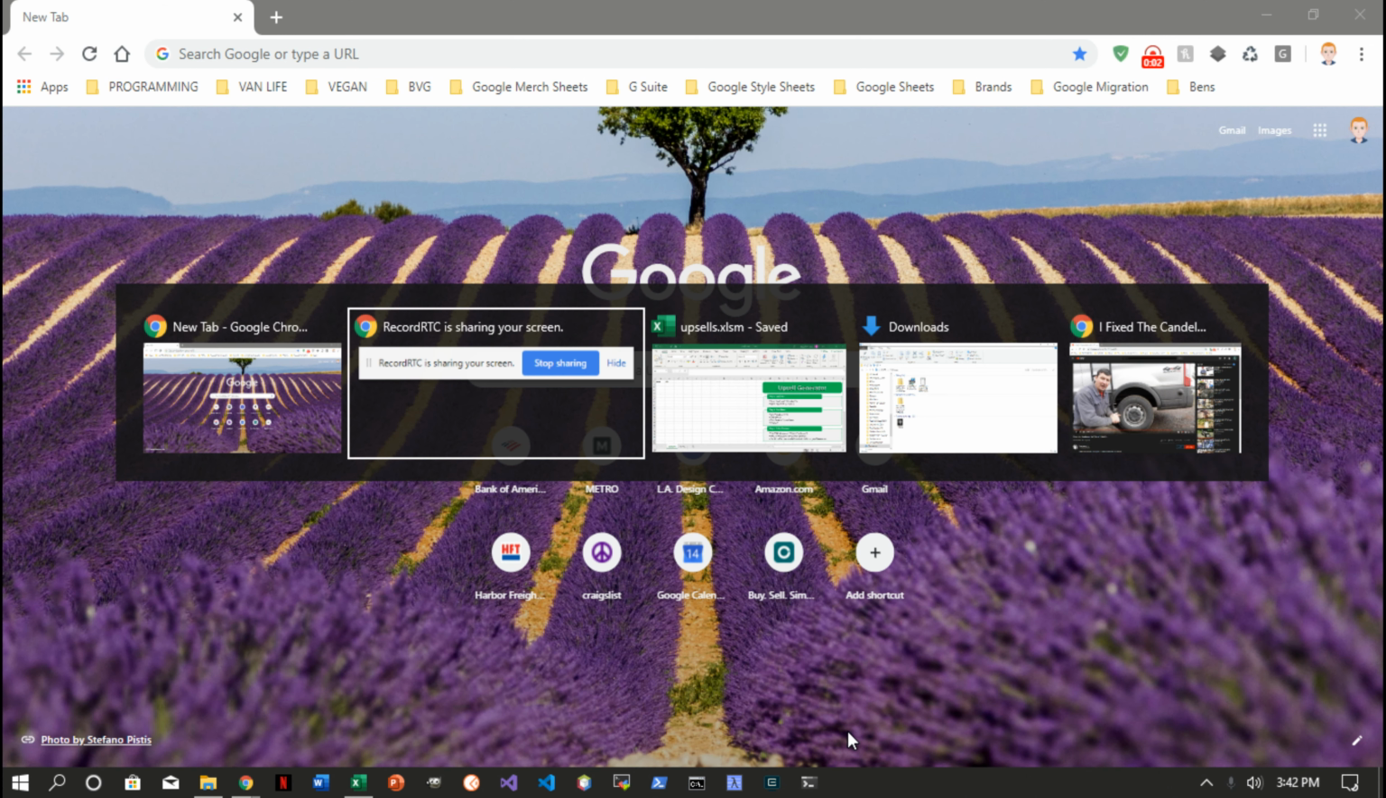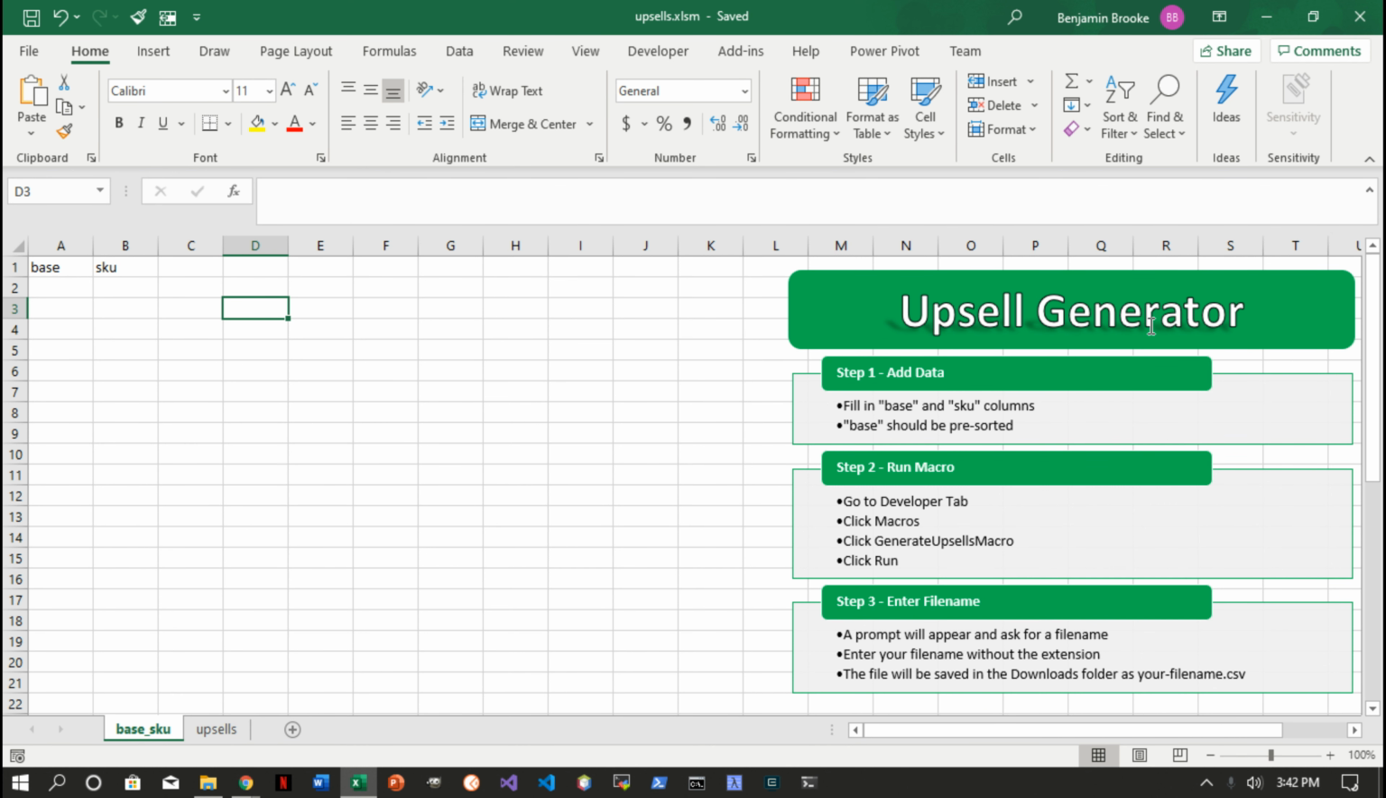Okay, we're going to take a look at the Upsell generator that's going to make life a lot easier for linking together upsells for fabrics and wallpapers. But this could be used and changed to fit a lot of different purposes for e-commerce data. So a lot of times you're going to have a base